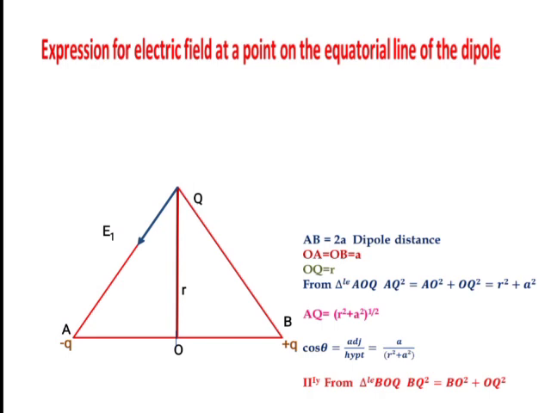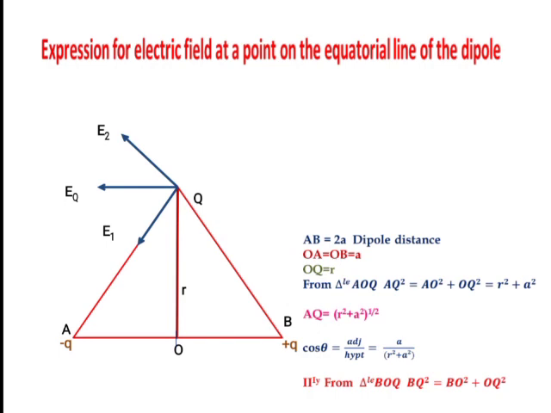And what will happen to the force here? Definitely the force is attractive because this is positive and this is negative. So the force is also directed from Q to A. This E1 is the electric field with respect to QA. Next, similarly, the electric field between this positive charge and the positive charge present at B is definitely away from Q. The direction of electric field E2 is like this. Why? Because this is a positive-positive repulsive force. Electric field lines always move from positive to infinity or positive to negative.